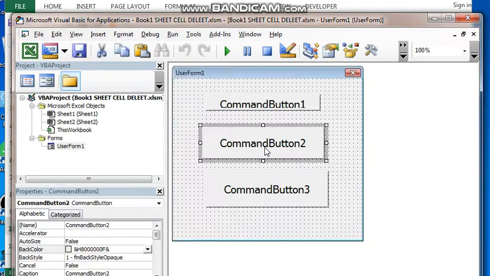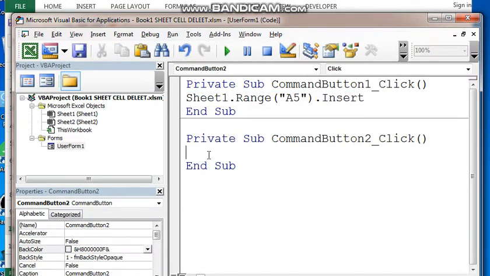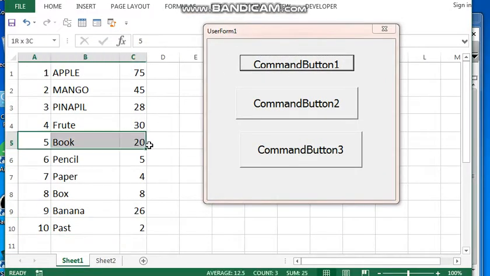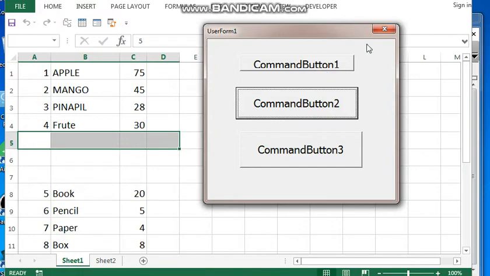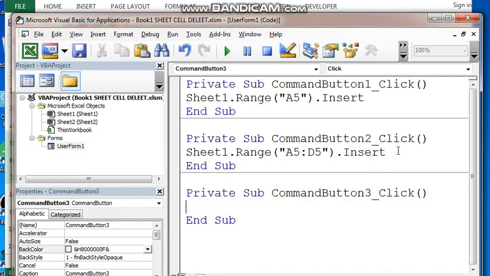Now go to command button 2, copy, paste here. Five, okay? This is how insert works. This top insert one, okay? Okay, next, okay? Command button 3, click,